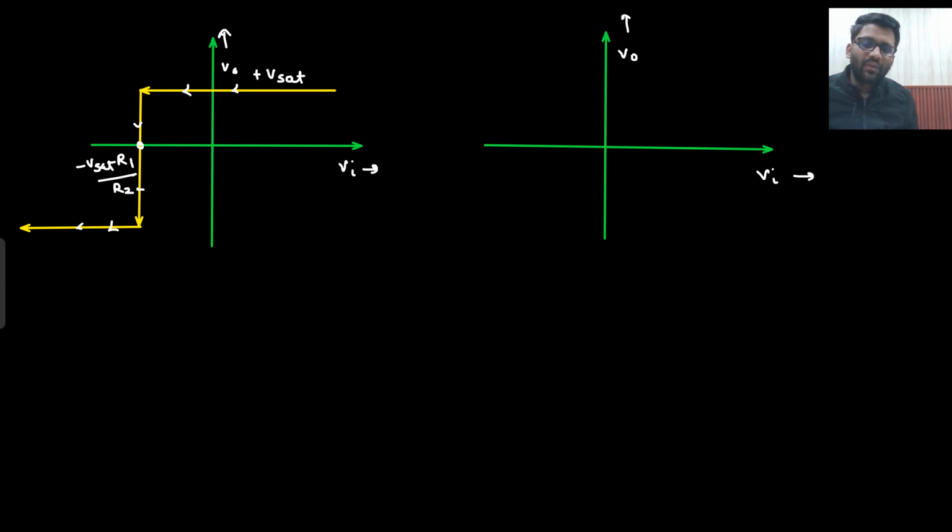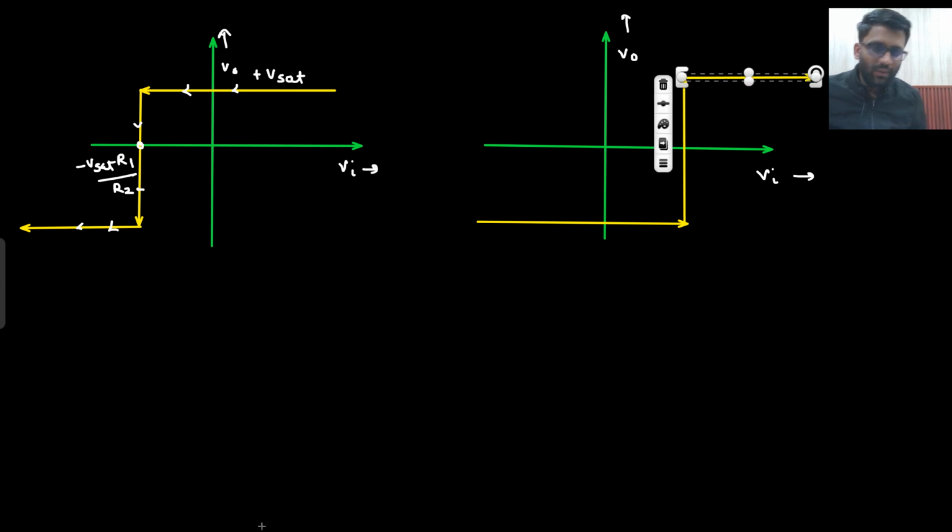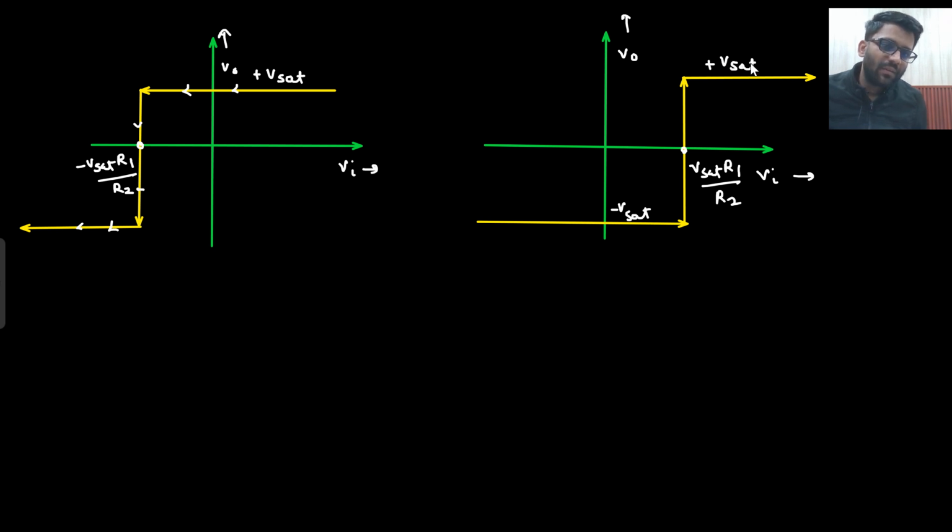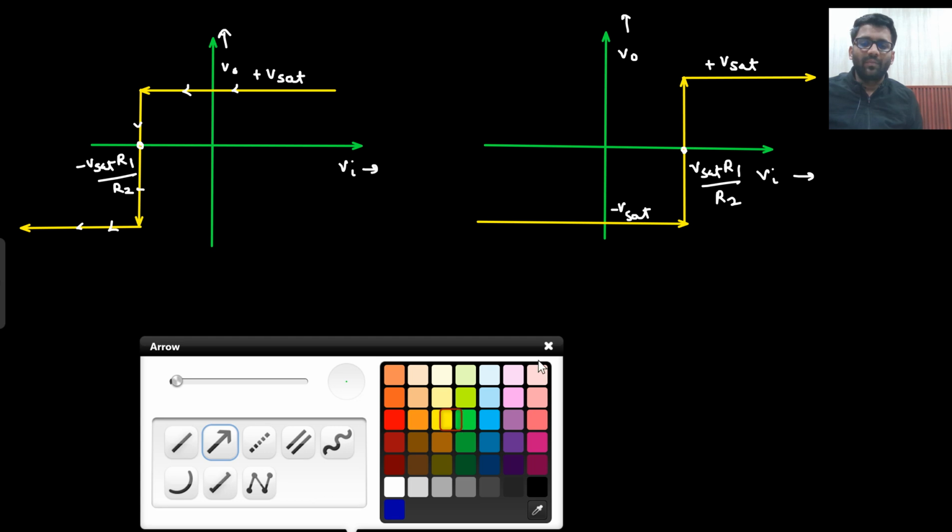In our second assumption, I was happy with my minus V set, but I kept on increasing the input. When it crossed V set into R1 by R2, after that, it went to plus V set. Okay. So if I combine both of them,